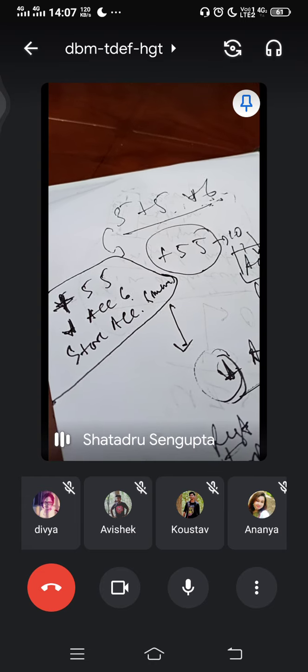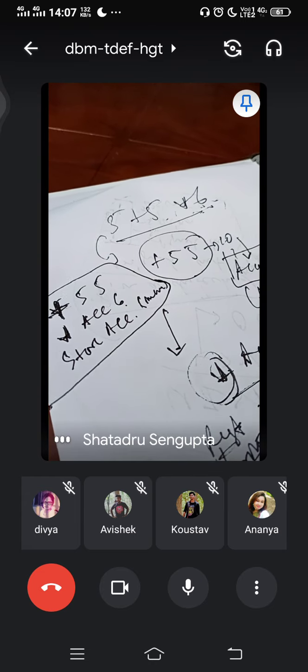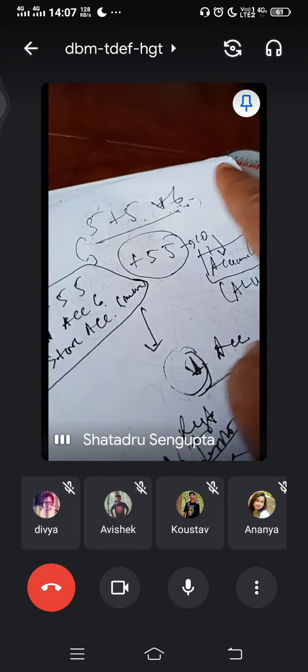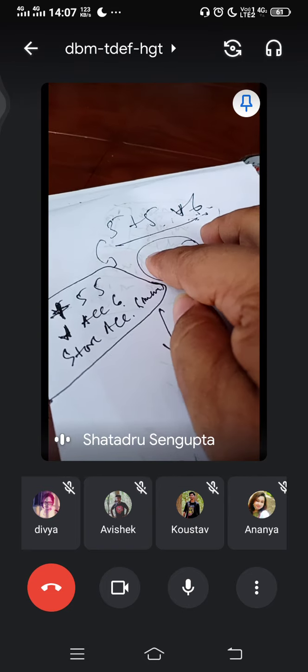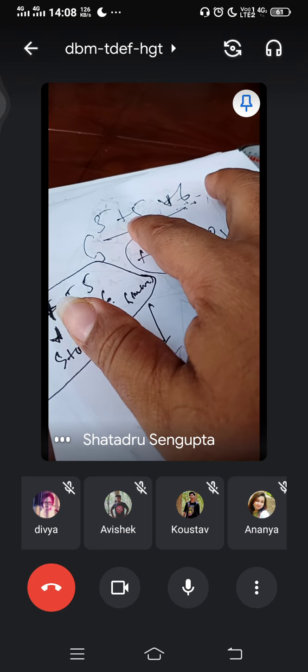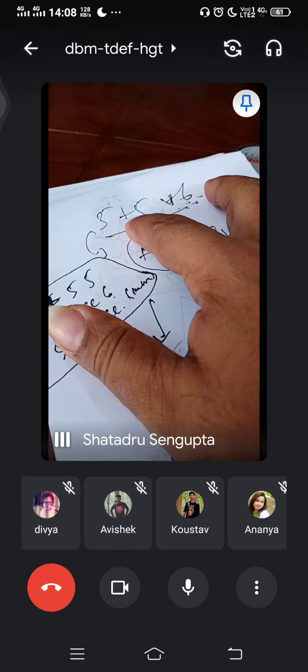So in the machine level, there is no ambiguity. If it appears in postfix notation like this, it will obviously add 5 and 5, and then to the result, it will multiply 6.